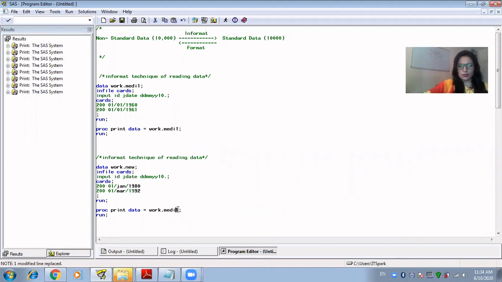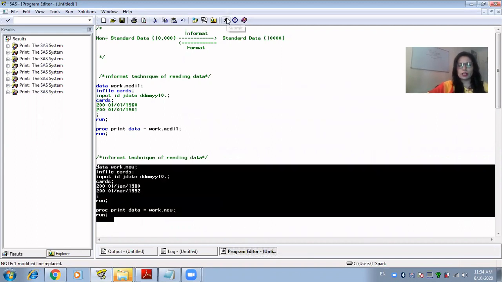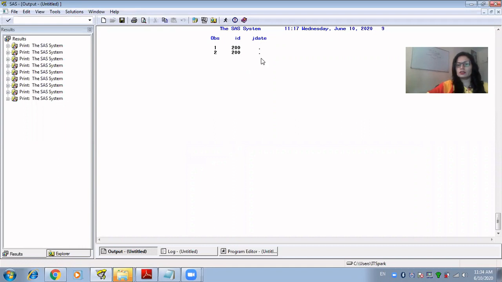I need to rename it here as well, right? So how will we read this type of format? Let's say I'm using the same DDMMYY format. Let me try this so that we can check what type of error we get. So if we have a date something like this, we couldn't read that using this format. So we need something different.